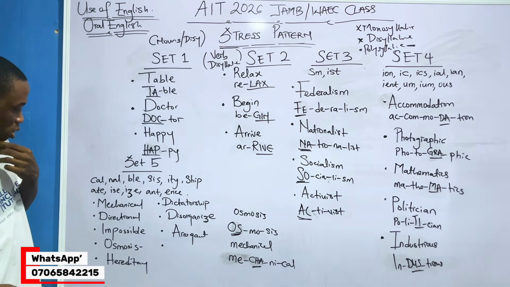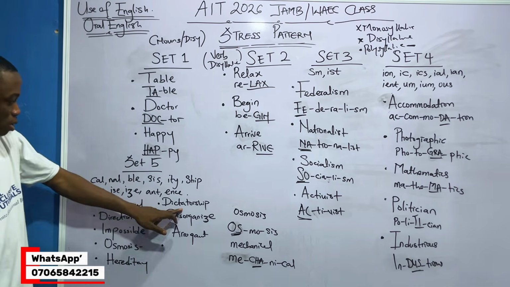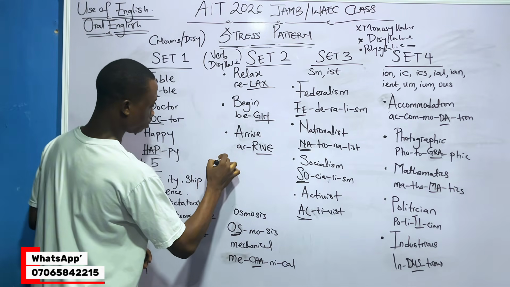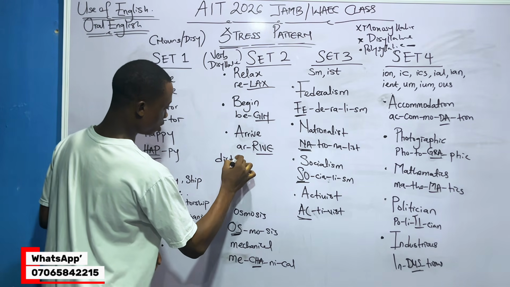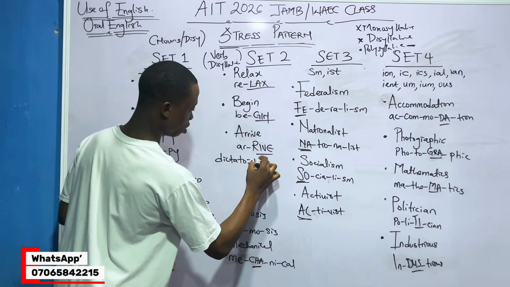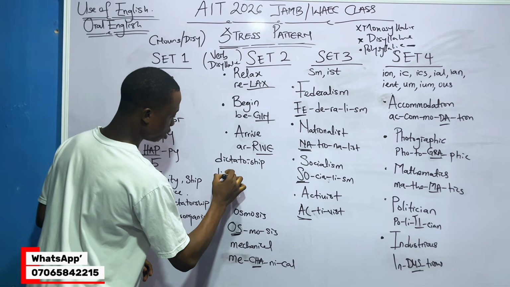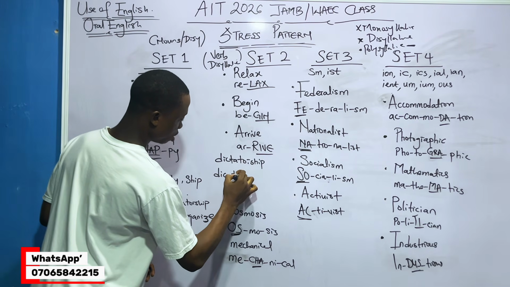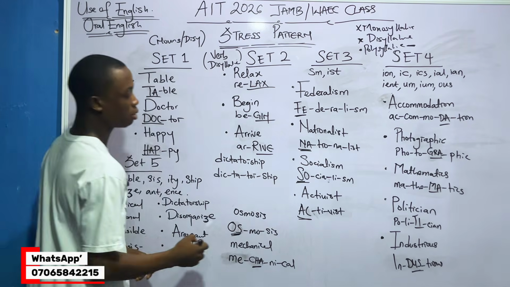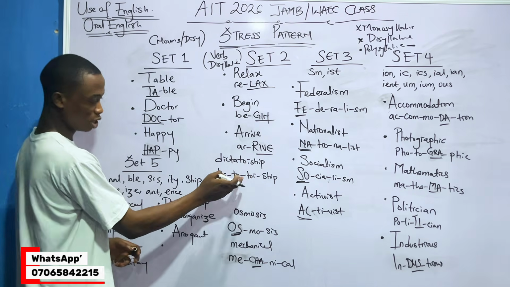They will call it a day. I'm looking for one that normally comes out a lot in exam. Look at it here. Dictatorship. Okay, let me just put it here. Dictatorship. If I should break down this word now, I will have dictatorship. Now, like I said, count from the back. 1, 2, 3. This is where the stress is.